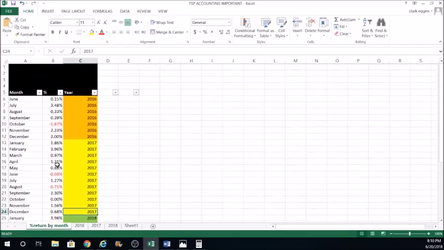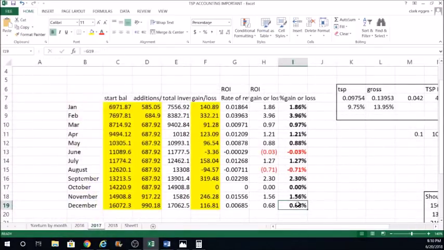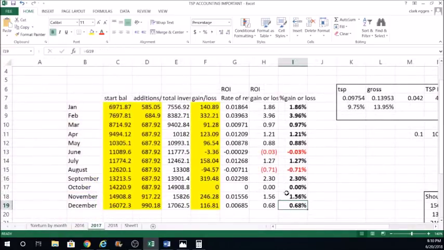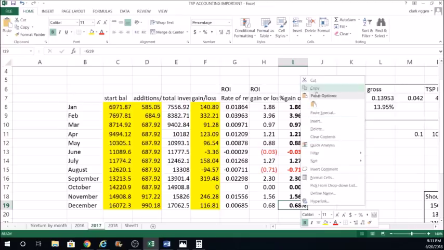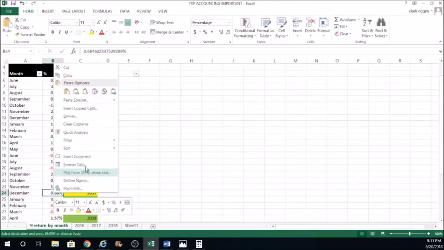So what this will show you is every single year and what you made on a monthly basis, okay? And why is this important? So right here I made 0.68%. There it is, 0.68%. All I do is copy this, just like that. I'm going to come over here, and when I drop it in here,